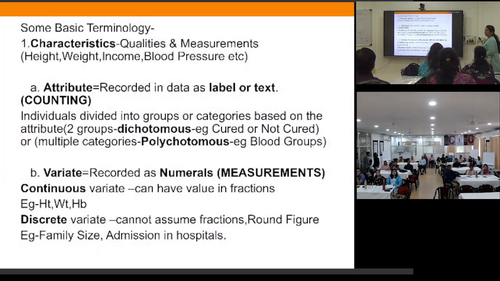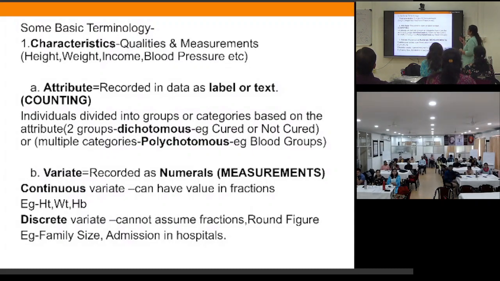Before that, understand some basic terms, which come up when you read any journal or any article. Characteristics, variates, or in any software also. When you are using any software, you may see the variate or attribute, etc. that you have to fill. Or if you go to any statistician, they may ask you which is the variate you are using, which is the variate of importance. Then you don't understand what he is asking. Okay, so to take help also you should have basic knowledge. Otherwise, the helper is at the basic level only. So you have to come up from that basic level.